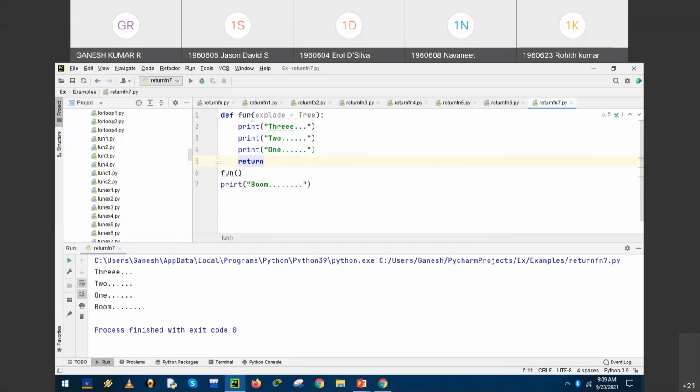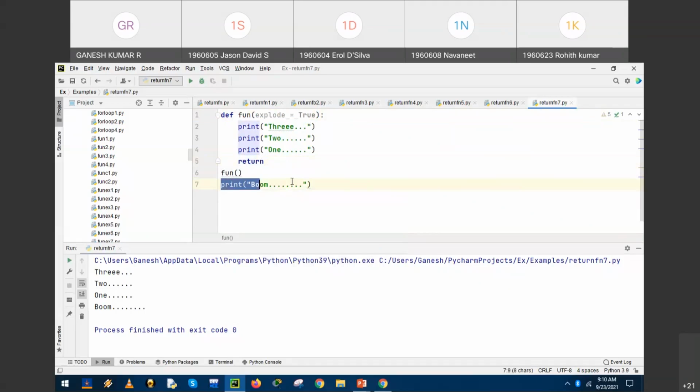Okay, so the function is defined and it is invoked. Since there are no arguments, by default it will take whichever is defined as a parameter definition, right? The function body executes all the statements followed by the definition: 3, 2, 1. Return stops the execution. Now the control jumps out of the function definition.